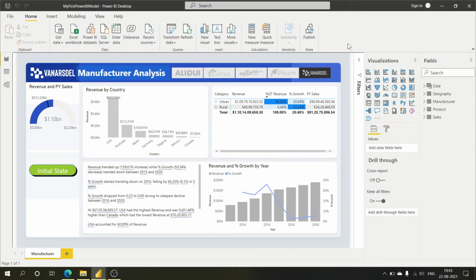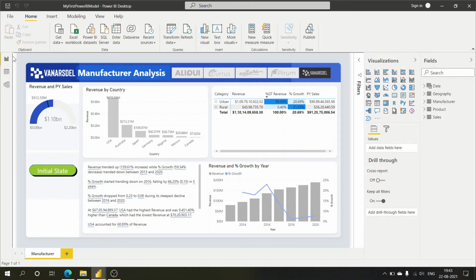Hello everyone. In this project on manufacturer analysis of the company Van Arsdale, provided to us as a part of the virtual internship program at NAI, we are going to look into how to use Power BI as a powerful business analytics tool to perform different operations on our business data overall, and how we can visualize it or represent it in different ways, and how we can create a wonderful looking dashboard that will sum up our data beautifully.